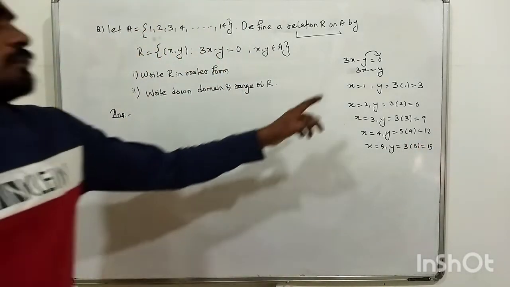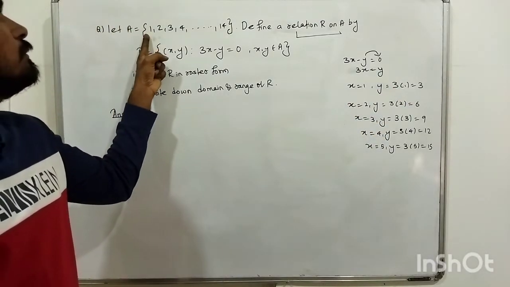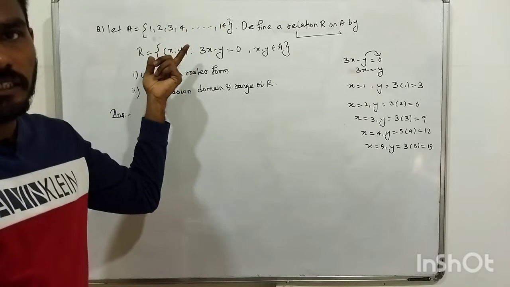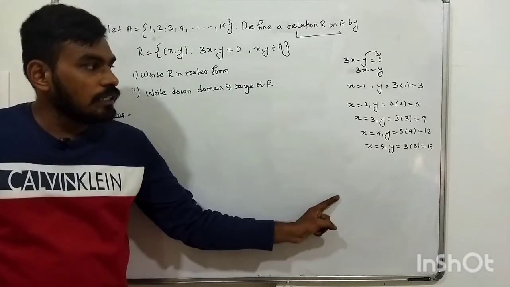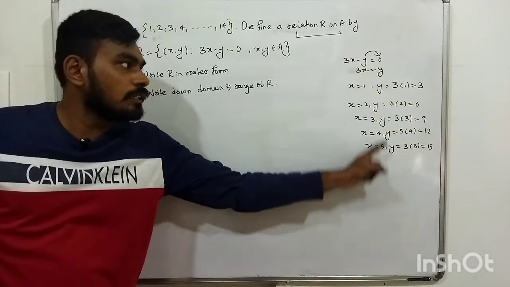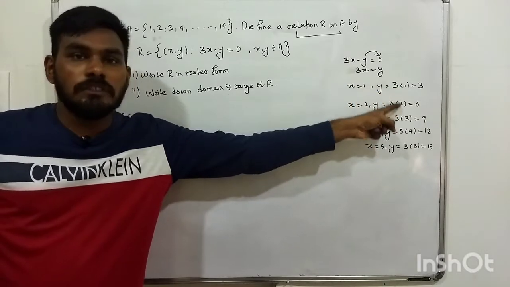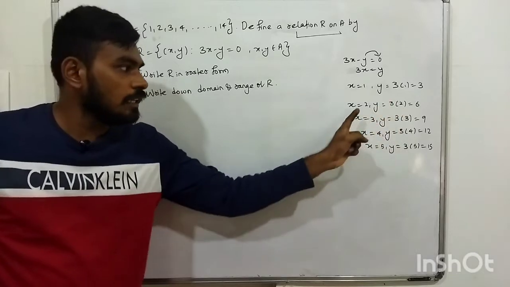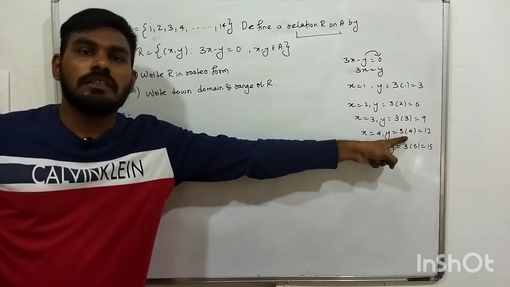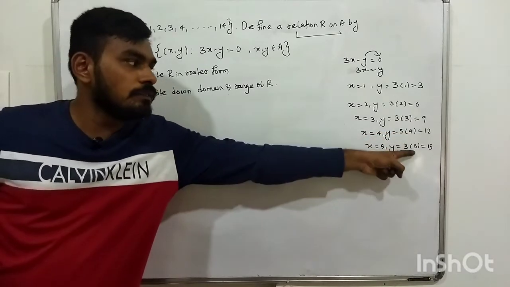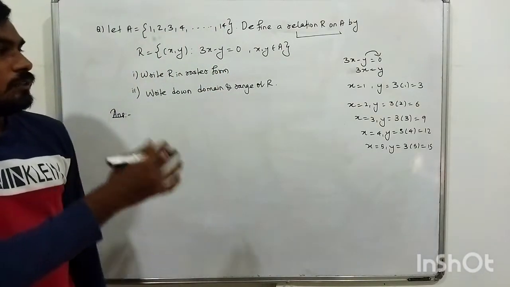Now see, x is equal to 1, y is equal to 3. So 1 comma 3 is there. In first set we can have values from 1 to 14, and second set we can have values from 1 to 14. So x is equal to 1, y is equal to 3, it is there. x is equal to 2, y is equal to 6, because in second set 6 is there. Similarly, x is equal to 3, y is equal to 9, because in second set 9 is there. x is equal to 4, y is equal to 12, can take. x is equal to 5, y is equal to 15, this we can't take. Why? Because in the second set there will be no 15.